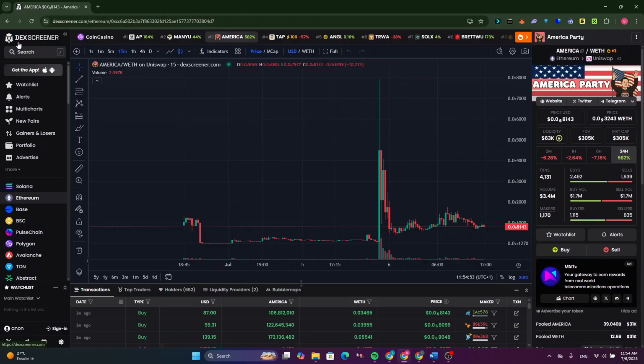Now, as you can see, this token is available on the screener. It increased by 500% in the last 24 hours. And also this token is trending number 3 in the Ethereum section on the screener. Now, to be able to buy this token, just click it to copy the token address and open a Bitget